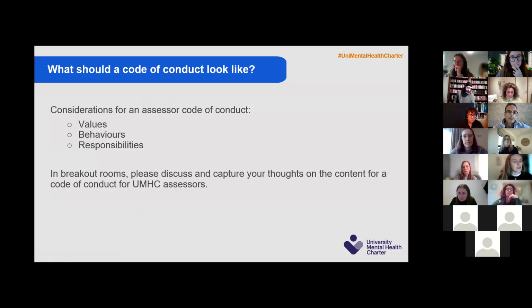What kind of values, behaviours, responsibilities should we be considering in developing this code of conduct? It will be something that's stored within the assessor handbook. We will touch on it with all assessors and how we all play a collective role in upholding that code of conduct, but also we can share it with universities. We really want to come from a place of being on the assessor's side. I just want to reiterate that. It's about clarity of expectations with the institution and being able to challenge the university. So does anybody have any initial thoughts that they would like to throw in?